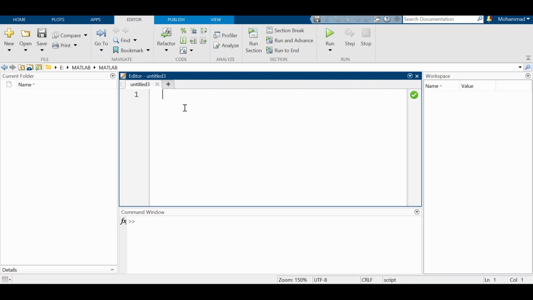Let's look at an example. You could write A equals 6 semicolon, and notice how the editor checks for any syntax errors. Then you could do B equals semicolon, and you can do C equals A plus B semicolon, and then to display your results you could say display